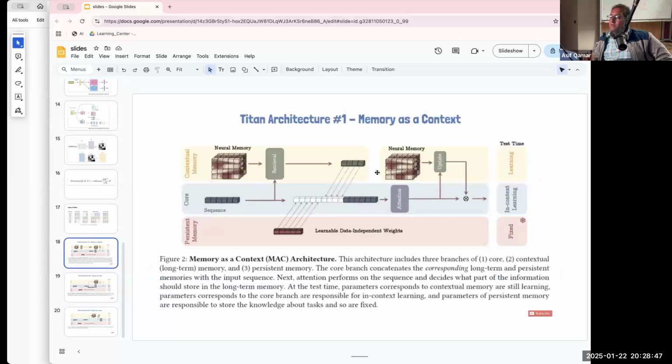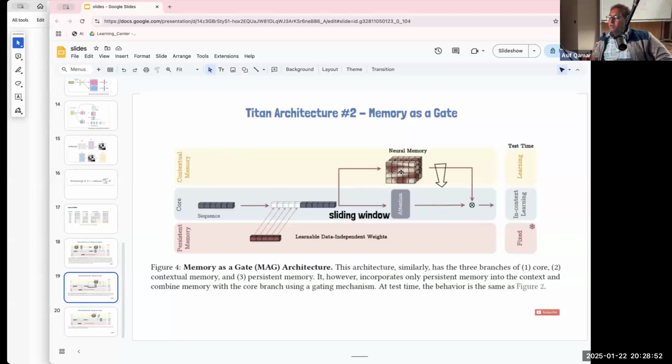In the first case, information from the neural layer is fed into the attention. In the second case, it is not fed into the attention. It's rather concatenated with some gate. You can decide what percentage of the information comes from long-term memory. I'm just giving a crude example: I want to consider 50-60% from long-term memory, and then 30-40% from the attention, the short-term memory. That's what the concatenation gating means. So you can decide how you want to concatenate and then send it to the in-context layer.